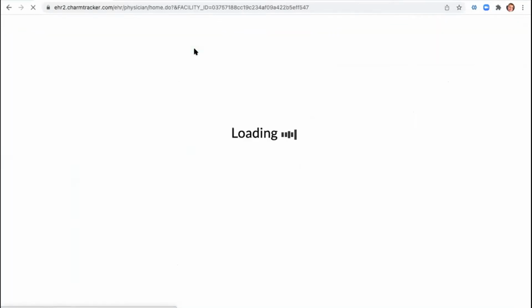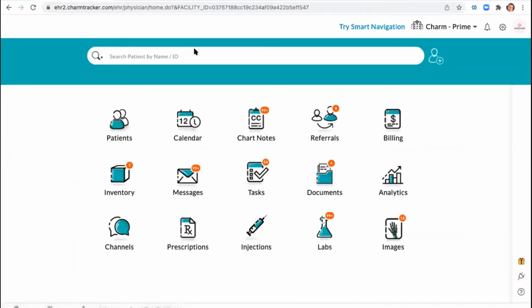Charm has all of these keyboard shortcuts. Some of them are intuitive. One that has to do with H for home, another that has to do with S for settings, and some other keyboard shortcuts require you to press Z and then the letter C for calendar, the letter P for